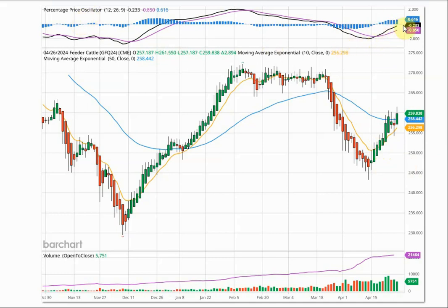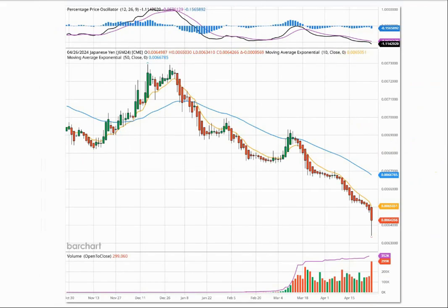We're now in positive territory there. It is above at least one of the moving averages, that is the 10-day moving average, and now above the 50-day moving average. So this one looks like it wants to move higher as well after a pullback. Feeder cattle. Next, Japanese yen, and this one is going to be very, very interesting now, because this is about